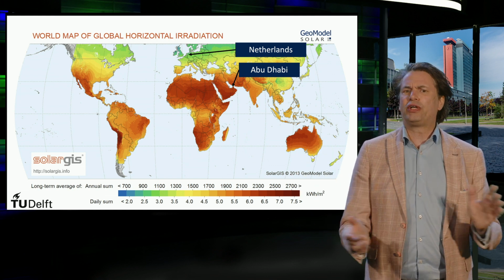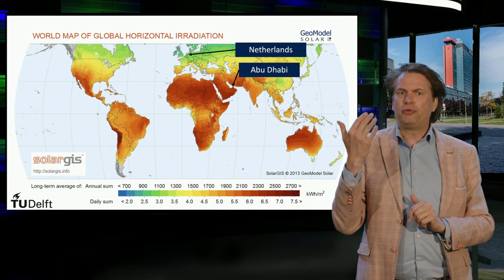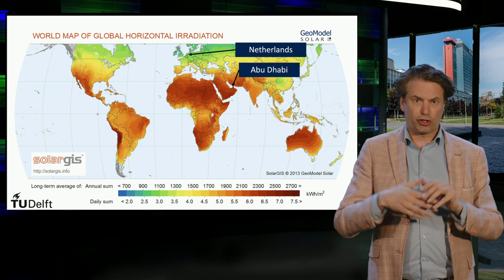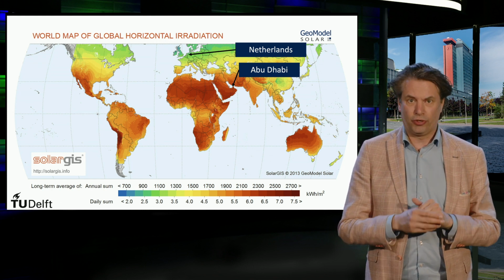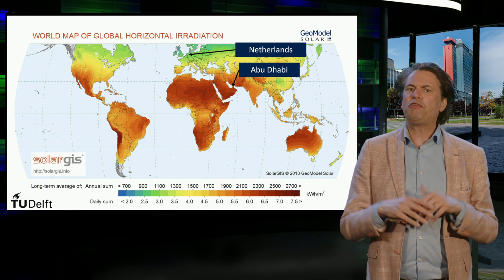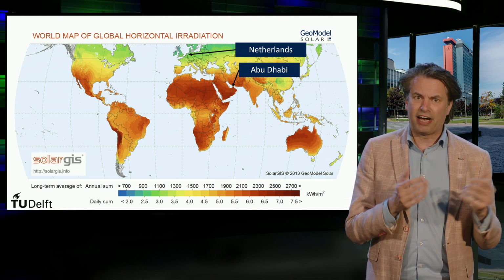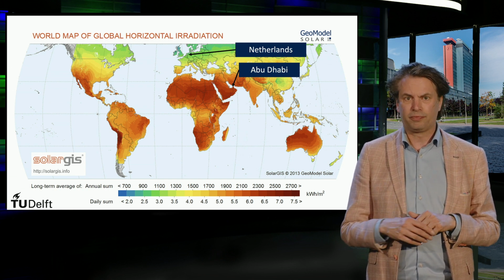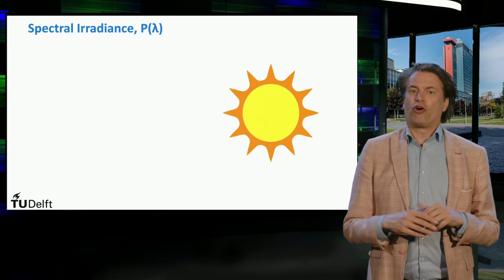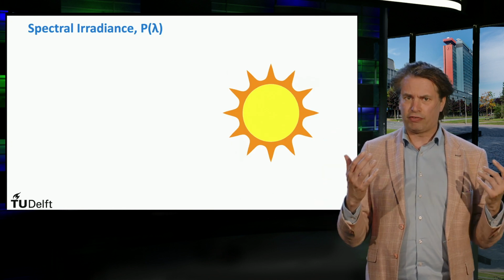So let's start with the solar irradiance. Here we will give you basic information about our sun and its spectral irradiance as it arrives at Earth. Then we will split the global irradiance in main components and define the equivalent sun hour for a certain location on Earth. The core of our star, the sun, is so dense that the radiation cannot travel freely.